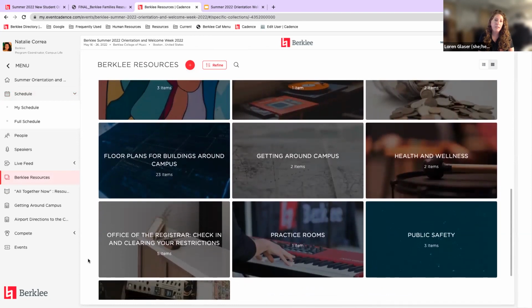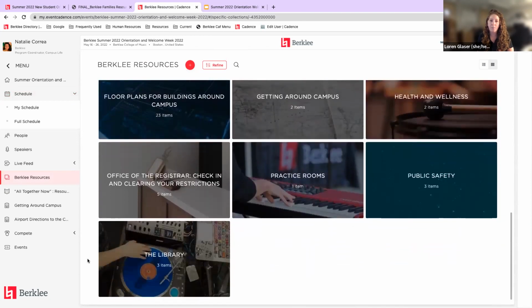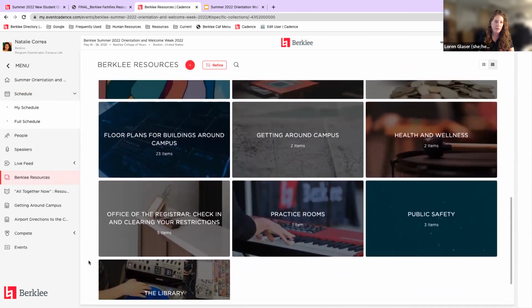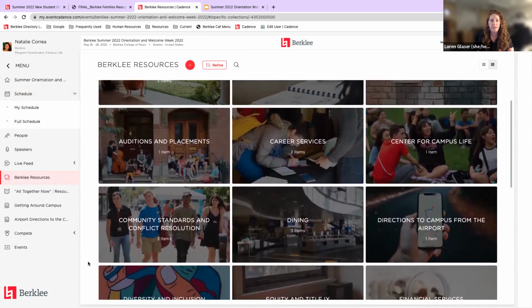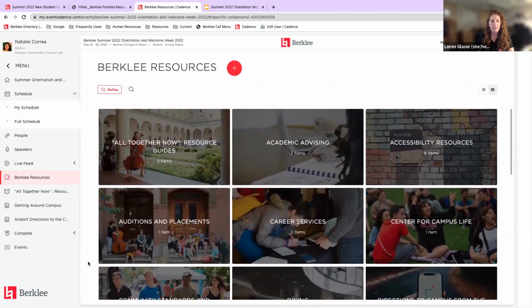So if you're looking for a campus map, or want to know how the practice rooms function, or have questions about the Career Center and what their office offers, there are plenty of resources in here, so you can start getting acclimated to the institution and getting excited for orientation week and what to expect in your first year.